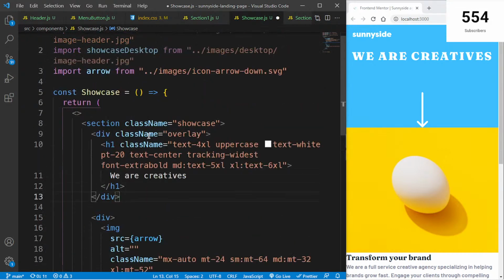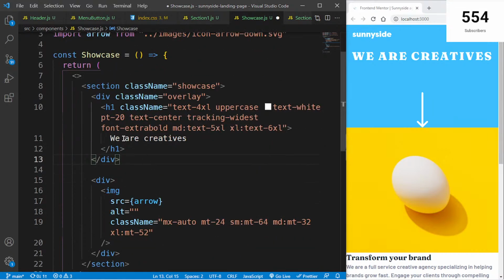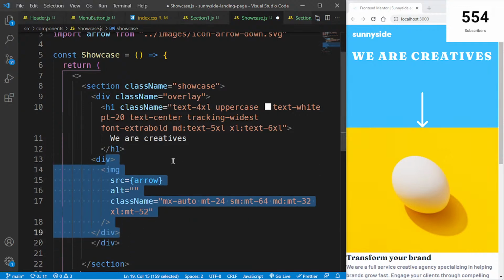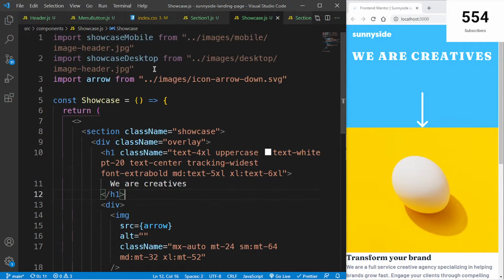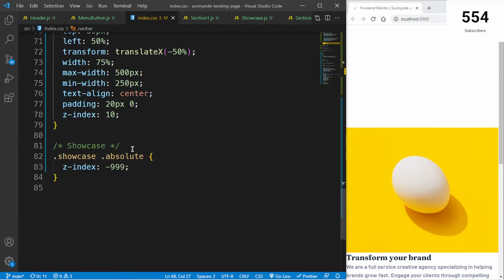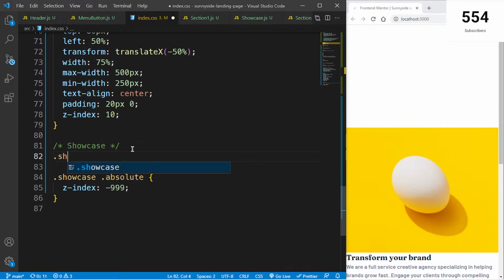Okay, and then we're going to have this div, the class of overlay. We're going to have this, which means I want to grab this and move it upwards, and then I'll have to remove this from here, and then go inside here, get this showcase,